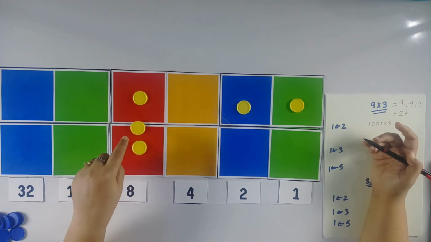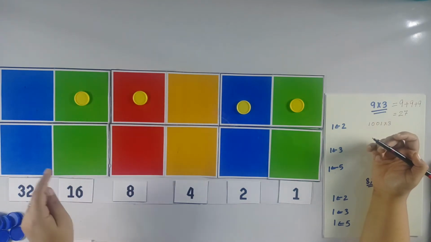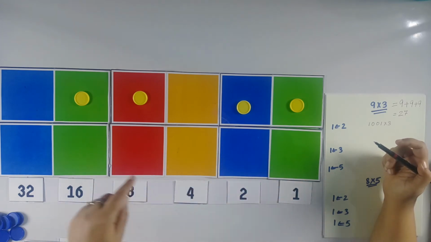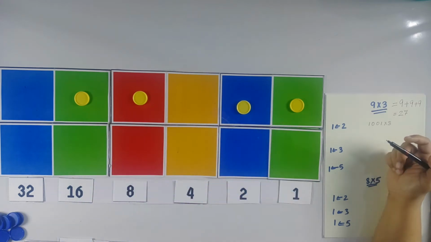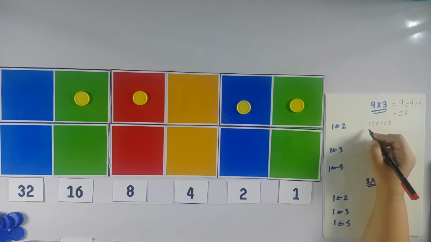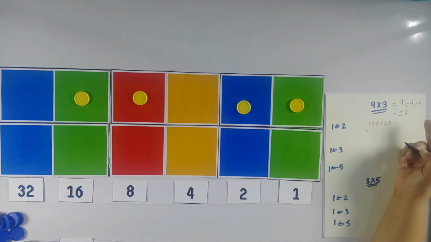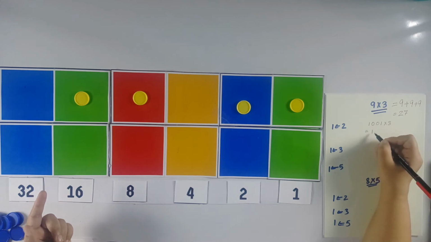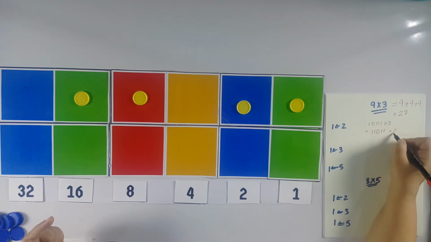What about these 3 dots? I cannot have these 3 dots. So I'll take these 2 dots and explode to the next place. What am I left with? I'm left with 1 dot of 16, 1 dot of 8, 1 dot of 2 and 1 dot of 1, which makes 16 plus 8 is 24, 24 plus 2 is 26, 26 plus 1 is 27. Okay, so that means I can have the same result, 9 into 3 is 27, in the 2-1 machine as well, but my representation would change, and that would become 1 dot for 16, 1 dot for 8, 0 dots for 4, 1 dot for 2 and 1 dot for 1,